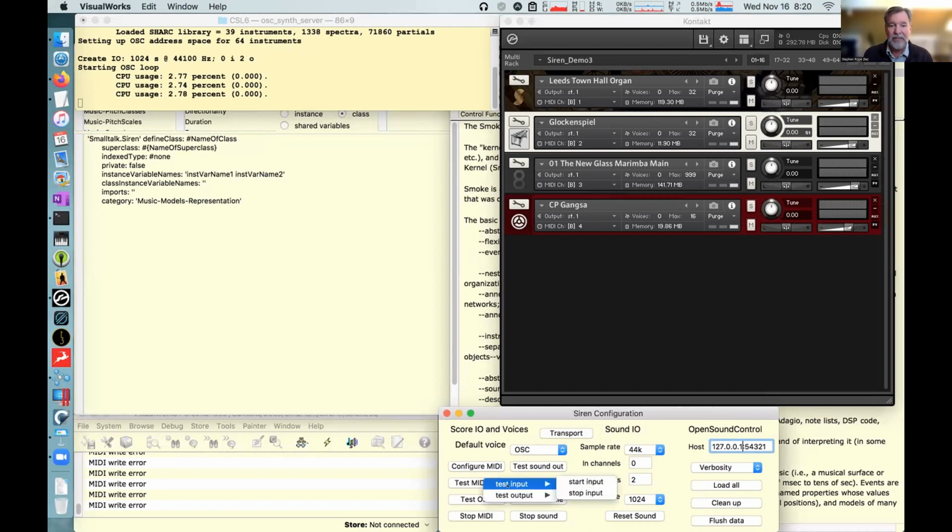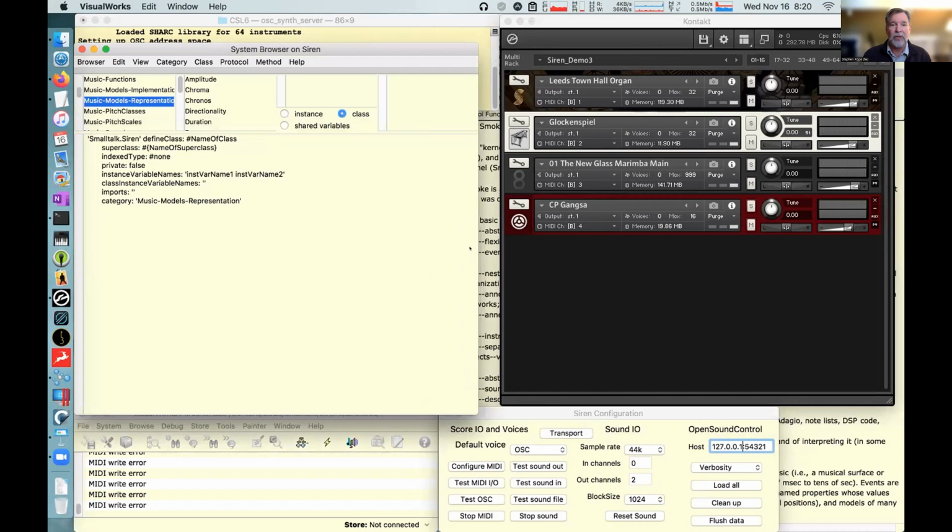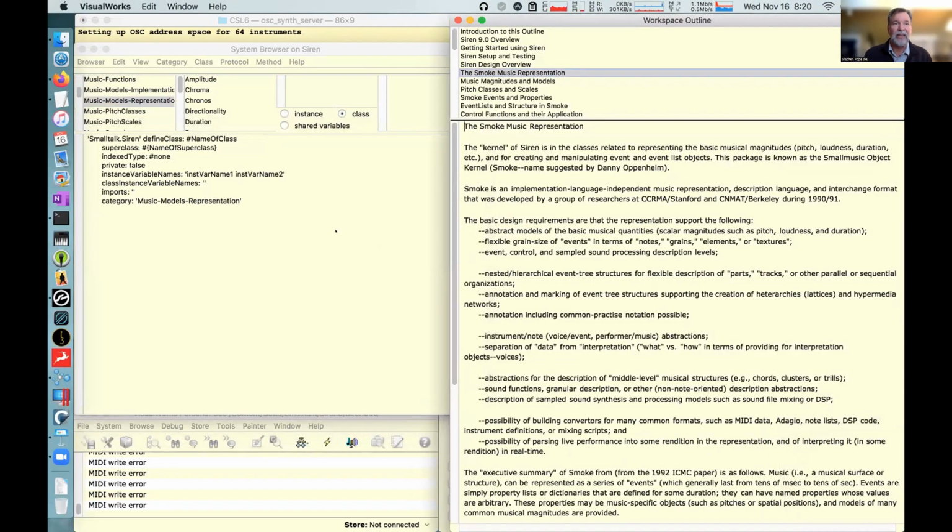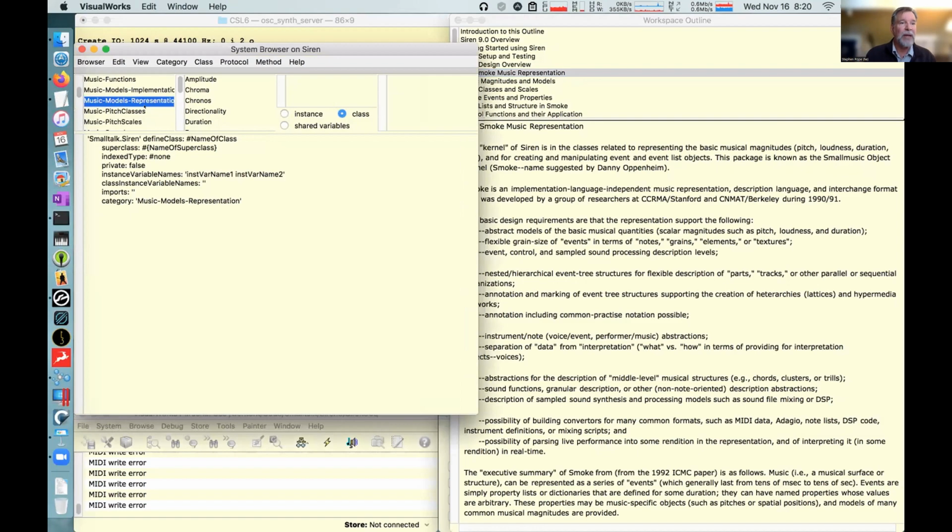And I can test MIDI output by playing a scale on MIDI. So now we have the yellow windows, which are all Smalltalk, and the two other things are these backend servers. So this is sort of what I just said. I should say that Siren comes with a whole notebook of its documentation. But now what I want to do is go back up and look at